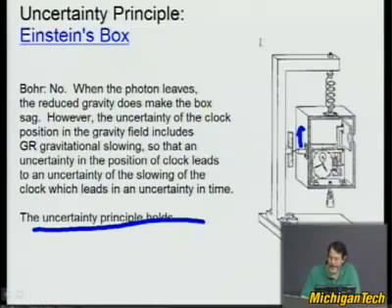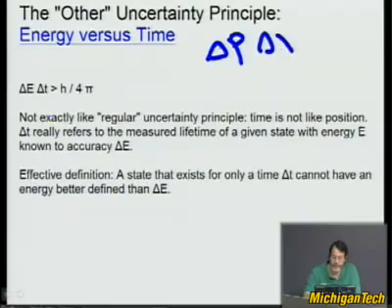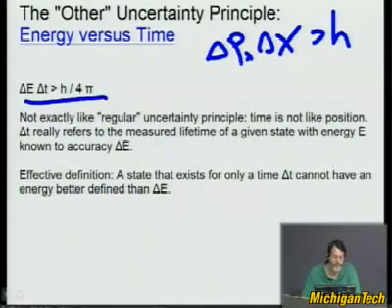So Einstein spent a lot of time trying to beat the uncertainty principle, and he could not. He couldn't predict things that would come out of that box. He couldn't beat the uncertainty principle in predicting energy and time. Which brings us, however, to the other uncertainty principle. Usually there's delta p, delta x, or delta p is actually in the x direction, is greater than h bar over 2 pi, but we'll call it h. So here we have the same kind of principle as delta E, delta t.